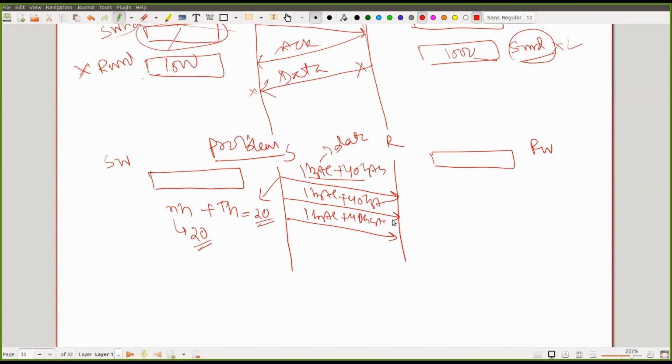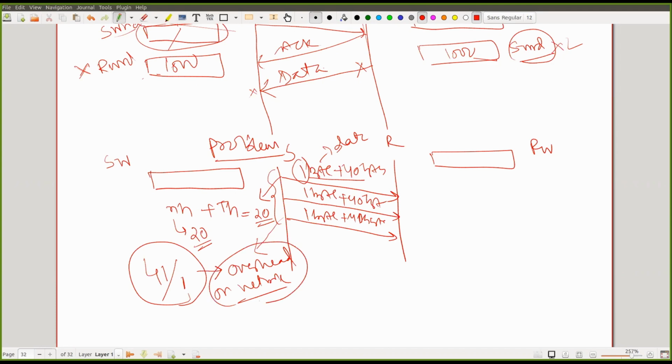Can anybody think whether there is any problem here? If I look into this, it sends a very small amount of data, and as a consequence a lot of headers are added. This creates a lot of overhead on the network, so the bandwidth utilization of the network is very, very poor in that case. Because to send 1 byte of data, I'm sending 41 bytes of total data, including my headers. So this is a very serious problem as far as overhead in the network is concerned.